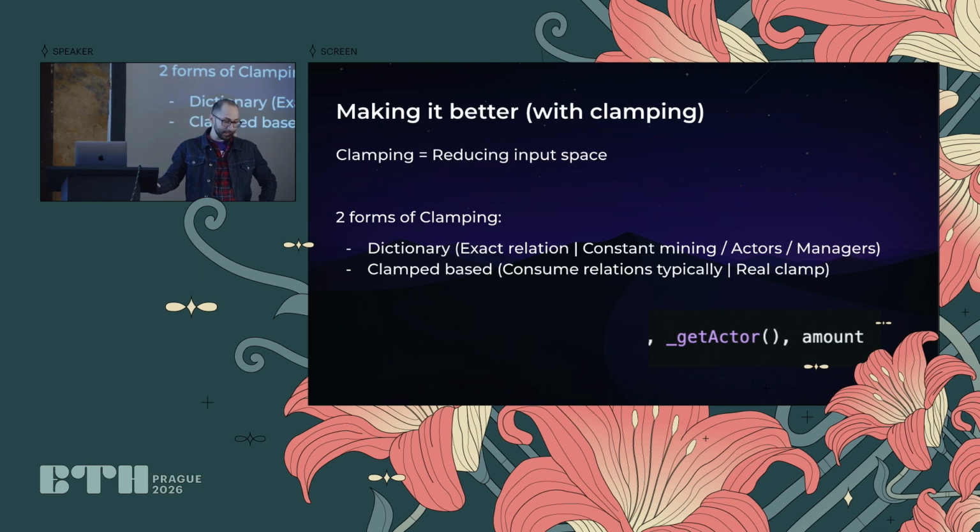And clamping sounds like a very simple idea, but it actually hides these two levels of clamping. There are, and by the way, they're all tied to limitations of the tools that we have. They're not fundamentally something that, I think if we had better tools, we wouldn't have to solve for this. But the two ways in which we have to guide the fuzzer, one is tied to the dictionary, which means